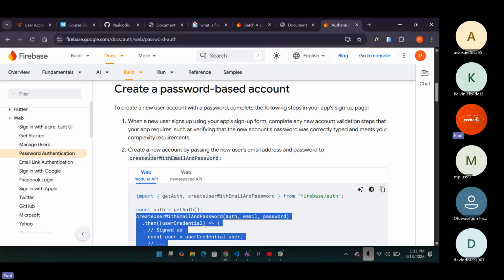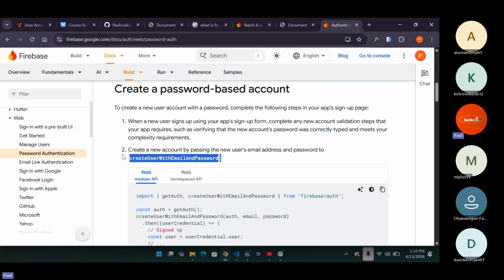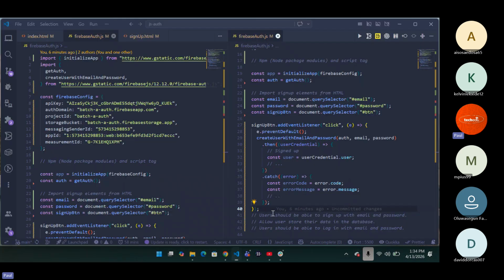So now how exactly are we going to do that? It's telling us: create a new account by passing the new user's email address and password to this particular module. So for us to do that, we have to create the object and pass that particular object to that module. Do you get it now? So what do we do? We'll go ahead and